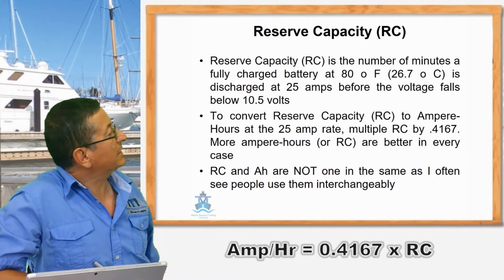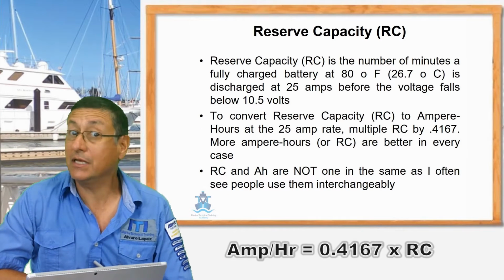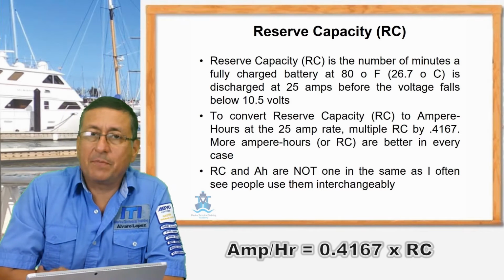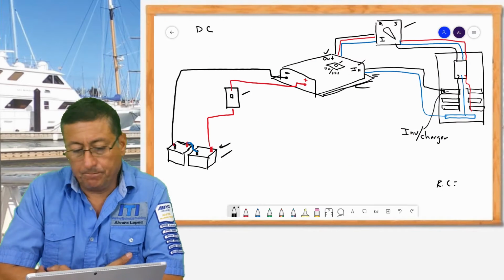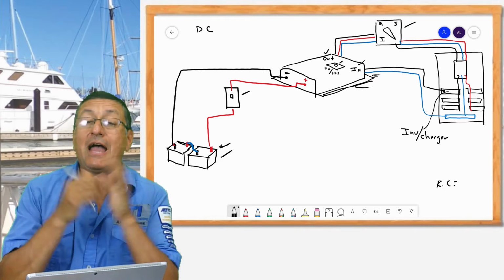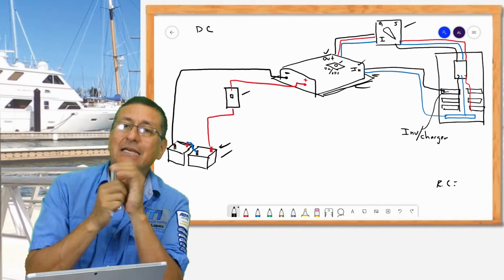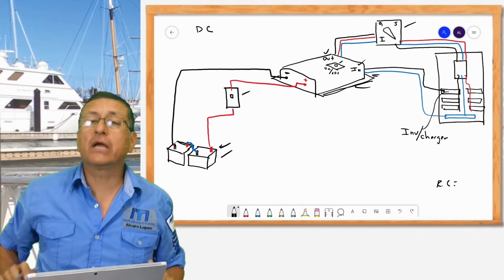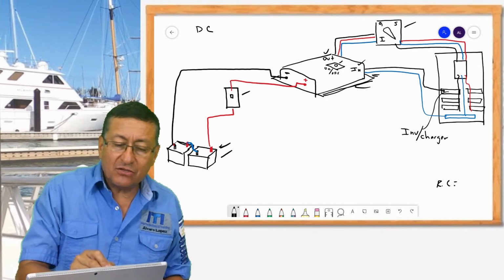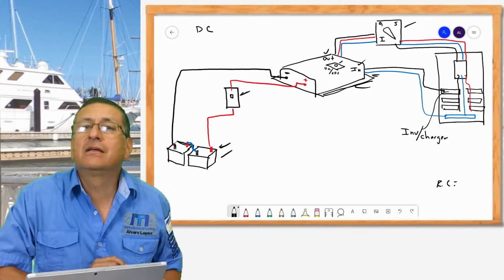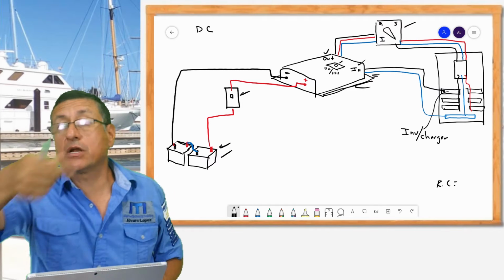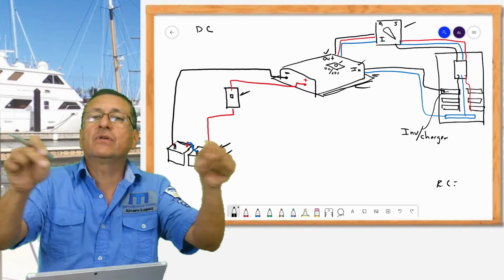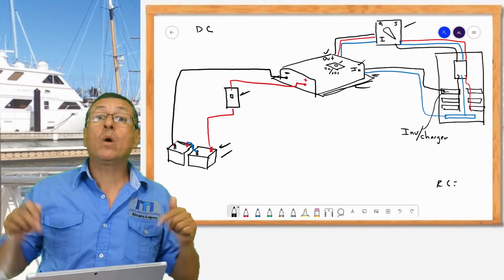You remember that slide in our book of electricity, in this book? Yes, that's the formula to convert reserve capacity into amp-hours. Okay. Alright, my friend, I want you to check the DC side in detail. Analyze the group of batteries, where they are located, where the switch is located to activate the power coming into the inverter,